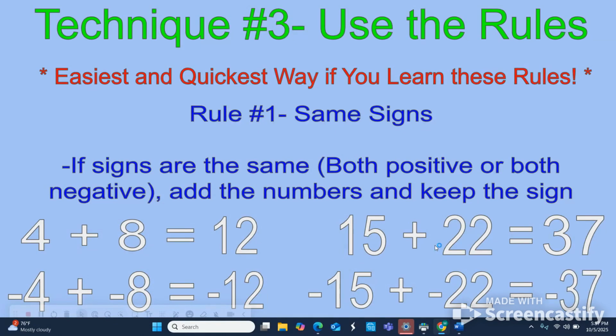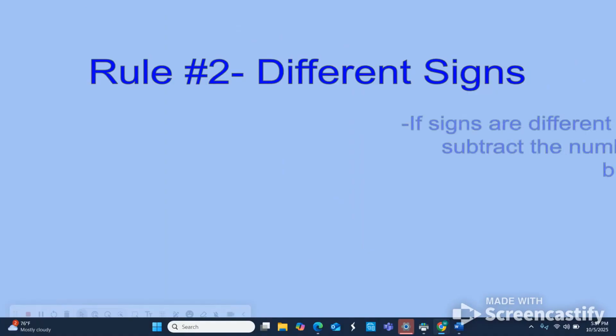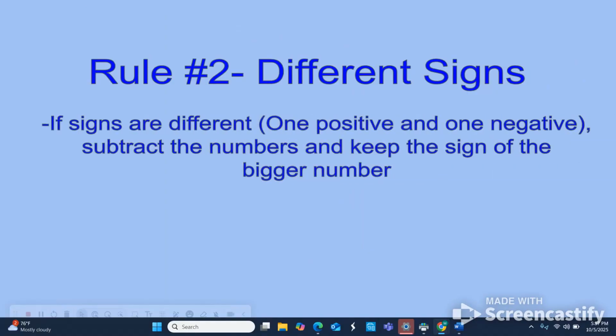So that'd be negative 37. That's rule 1. Rule 2 is when signs are different. That's like the second one where we had 2 plus negative 3. If signs are different, one's positive and one's negative, we're actually going to subtract the numbers and keep the sign